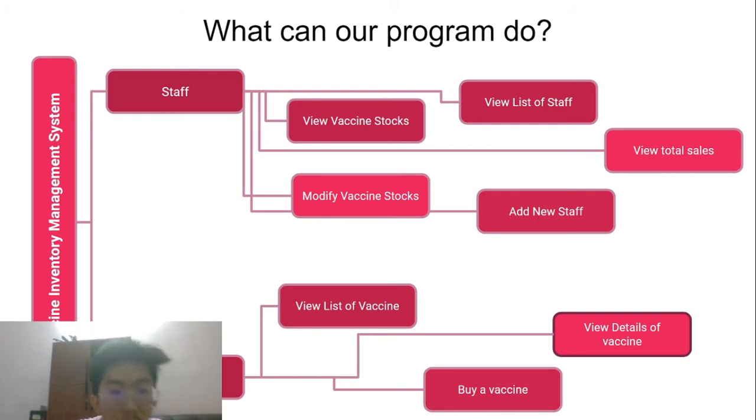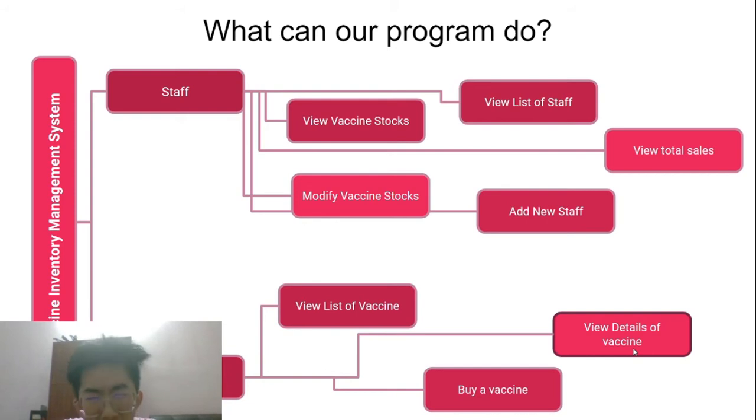Moving on, we have the customer credential. The customer credential can do only three things. First of all, they can view the list of vaccines being sold in our hospital. For example, the hospital provides some choices, some brands of the vaccine to the customer. The customer has 100% freedom to choose whichever brand of vaccine they wish to get vaccinated with. They can view the details of the vaccine, including the expiry date,